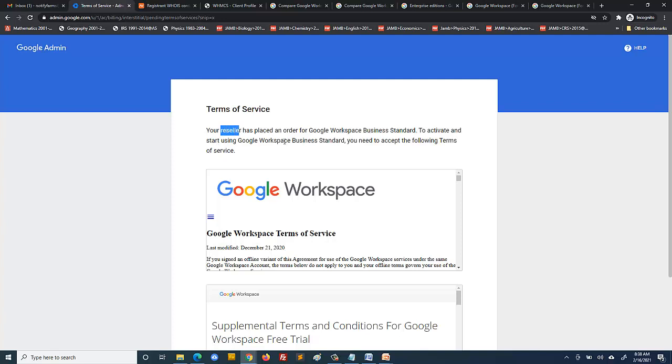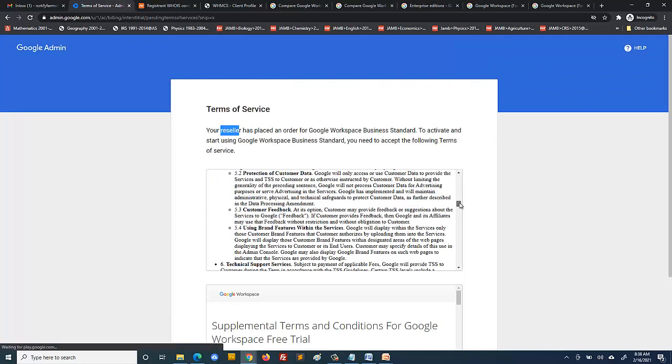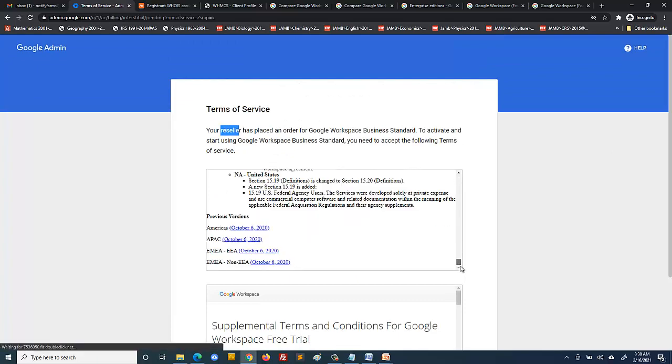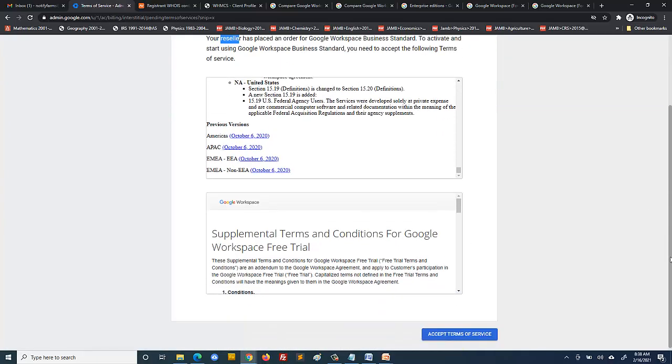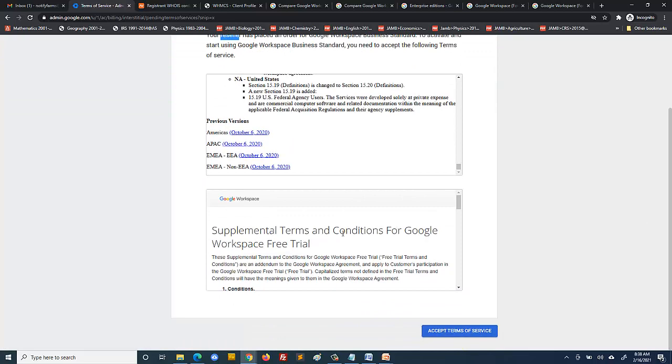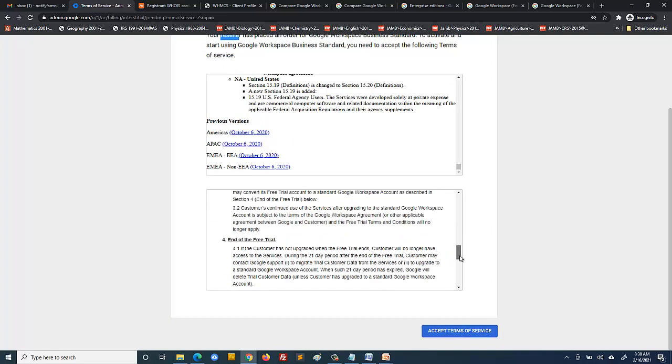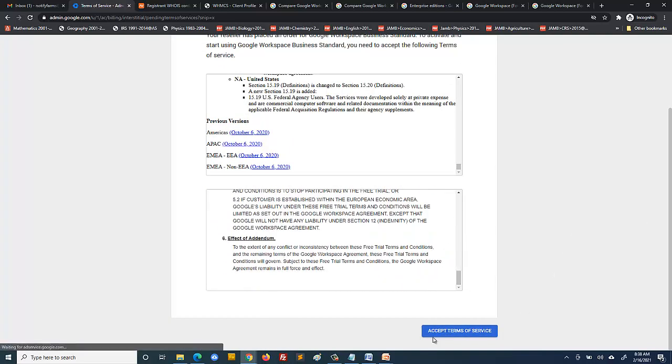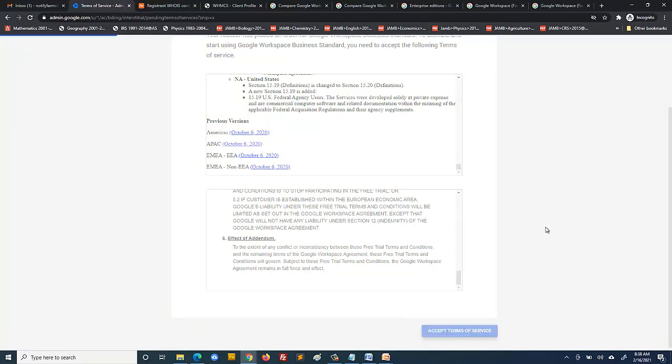To activate and start using Google Workspace Business Standard, you need to accept the following terms. So you need to accept this one too, like this one too, since you're coming through us. We are providing the service for you, basically. So you're going to go through that. Also, the supplementary terms. So we just scroll through everything. Once you're done, you click accept terms of service. So once you click this,